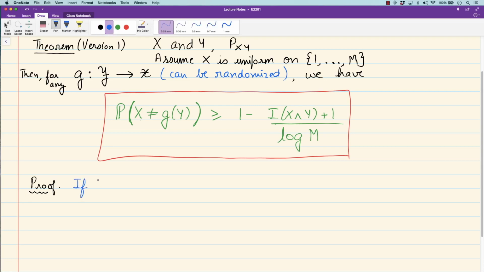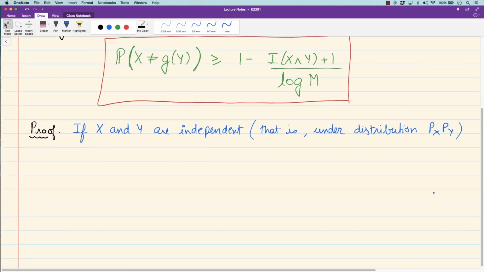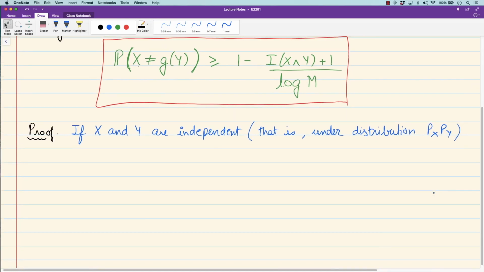If X and Y are independent, which they are not, this is a joint distribution here, but if they are independent, that means under the joint distribution P_X P_Y, this is the independent distribution. What do we have under this distribution? The probability